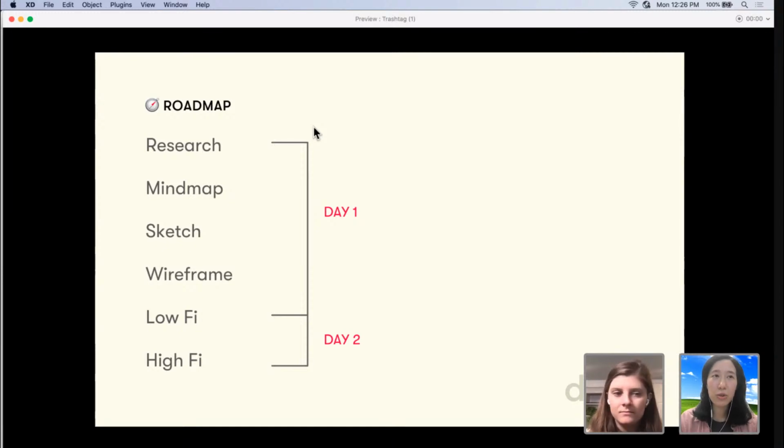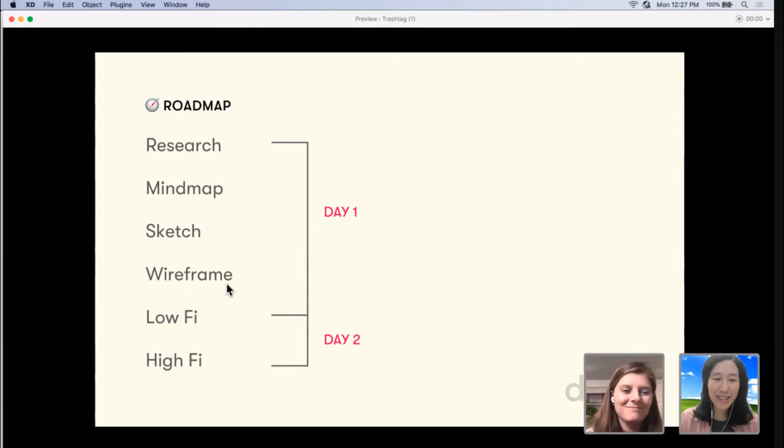Just because we have these tools, or even as technologists, just because we have this set of tools, or technology that we know works this way or that way, it's more important to understand how it will impact people and what benefits we can bring to that, and also how we can minimize harm. So just focusing more on research first, and then I'll do some basic mind mapping, do some sketching, do